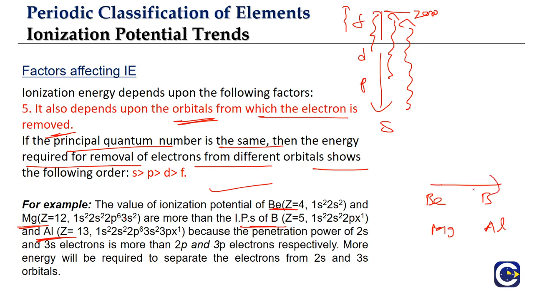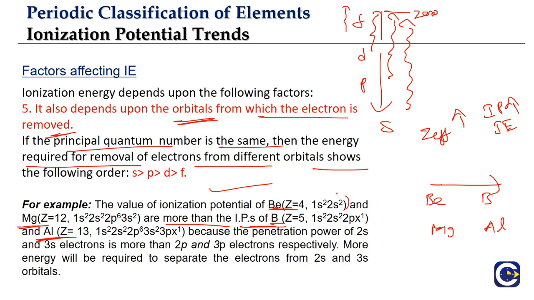When you move from left to right in a period, we already talked about it, the ionization energy requirement should be increasing because the Z effective is increasing. So the ionization potential or ionization energy value must be increasing. That is what we talked about. But here what we see is the ionization potential values of beryllium and magnesium are more than boron and aluminum. The reason is, look at beryllium and magnesium now.